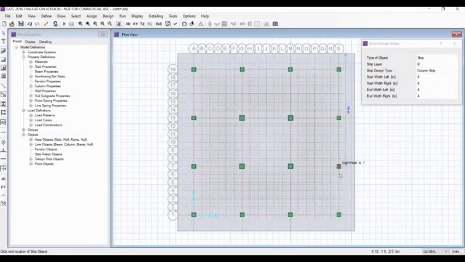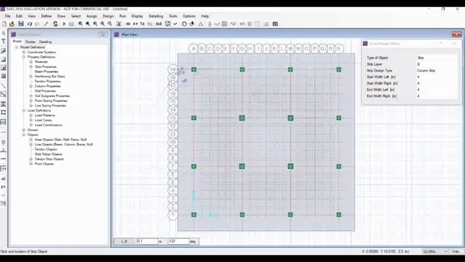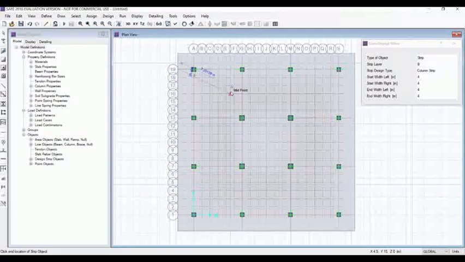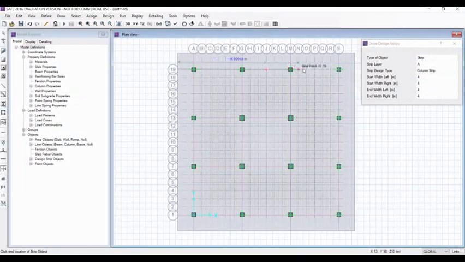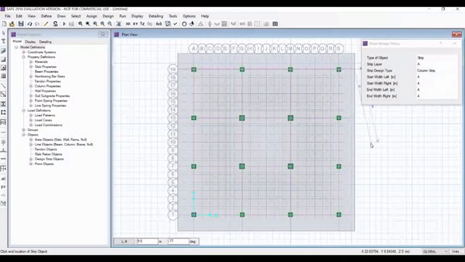We should make sure the midpoint coincides here, the midpoint of the grid lines, and here as well. Before doing here, we will change here to strip A. And just do the rest.